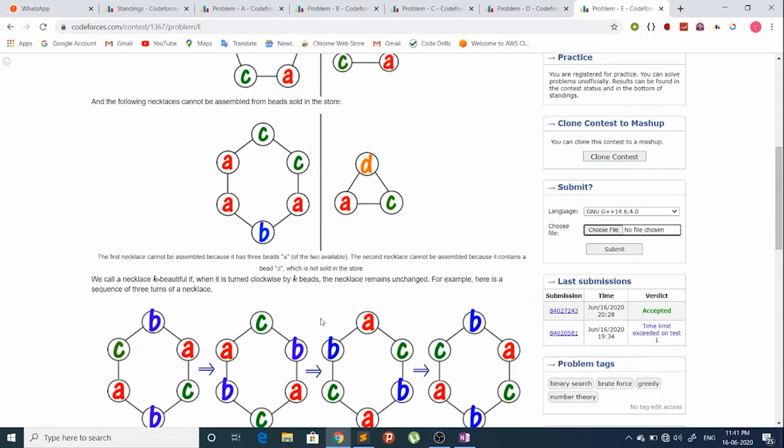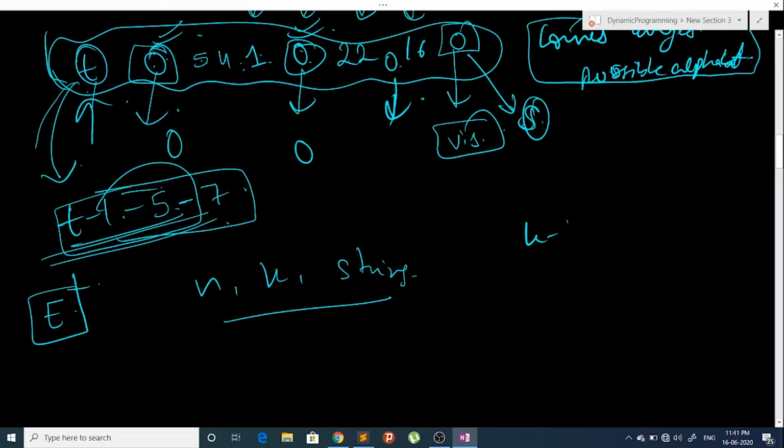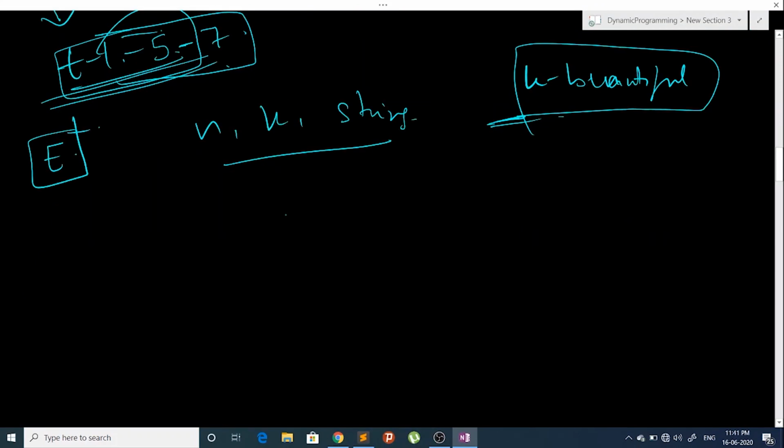in the problem there is something called K beautiful necklace. So what is a K beautiful necklace? The K beautiful necklace is that if we rotate our necklace K times in the clockwise direction, we'll again obtain a necklace like the original one.